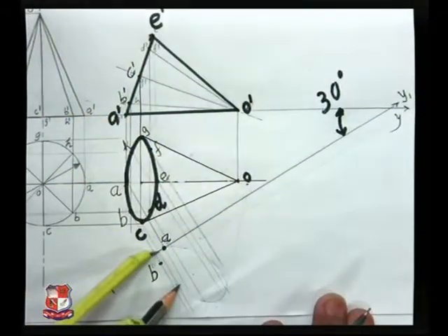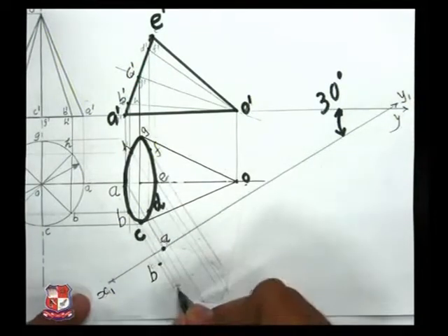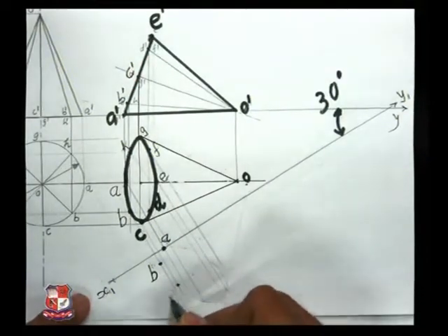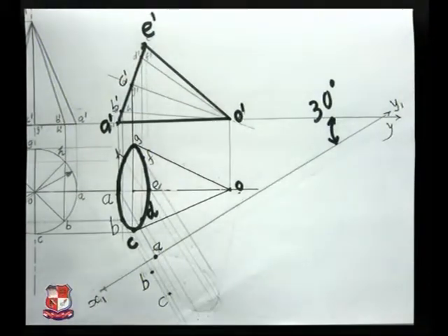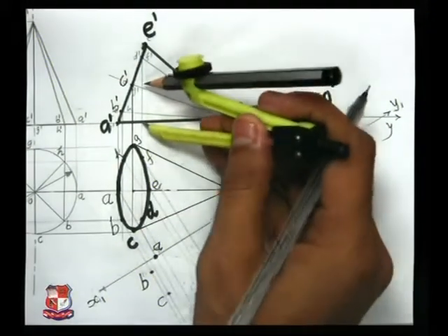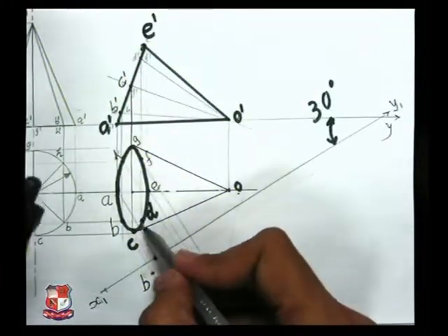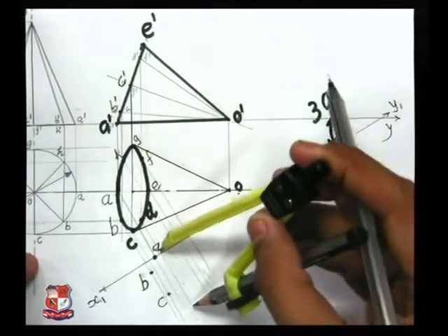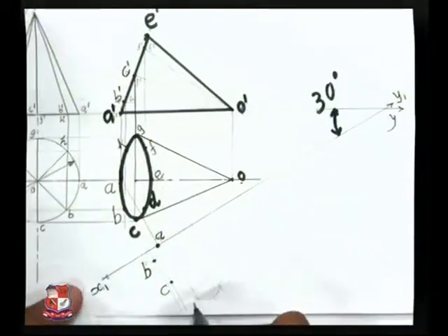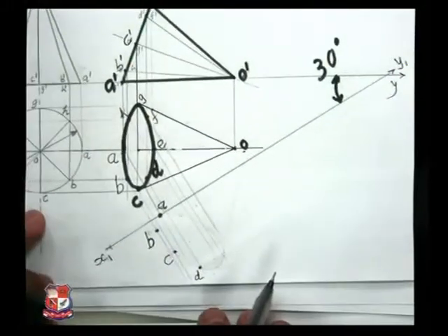Arc should be drawn like this, and that will cut the line drawn from point C over here at this point. This is point C. Similarly, point D would be here. Find out the position of point D from here. Measure this distance. This is the distance from D. Draw a line from D and cut an arc over here. So here would be point D. Mark that point. This is point D, somewhere here.